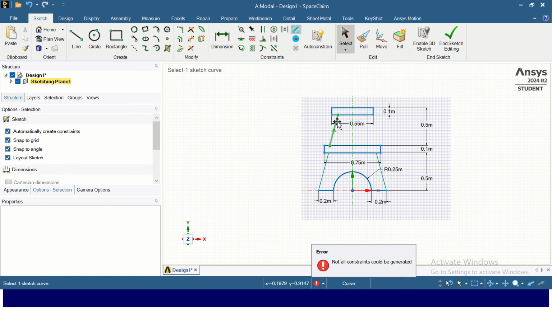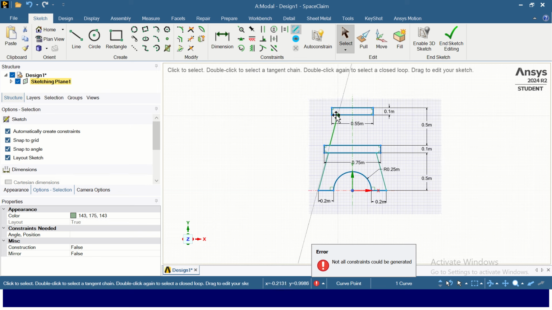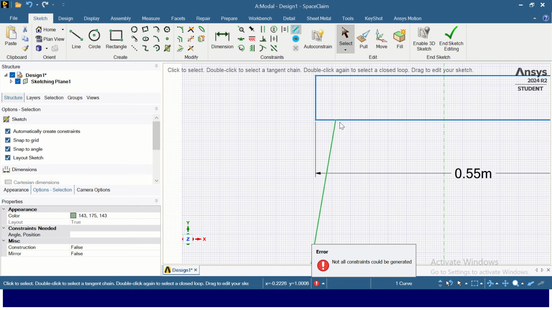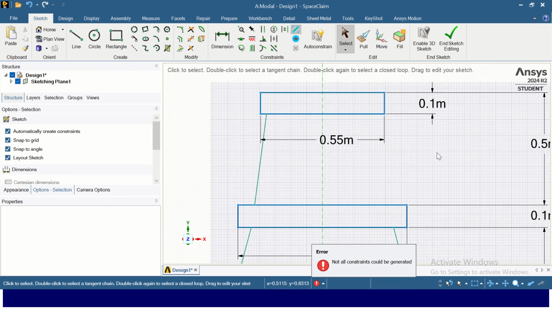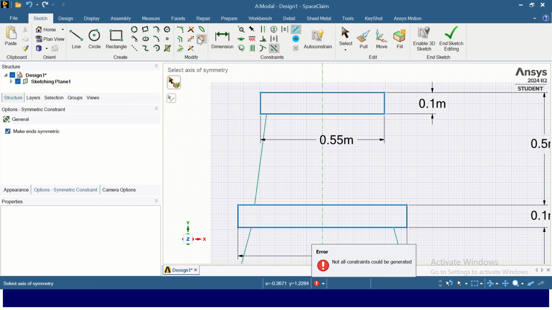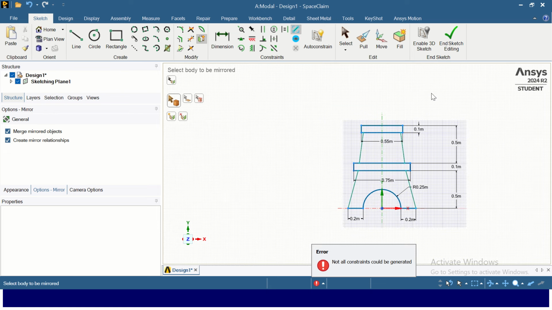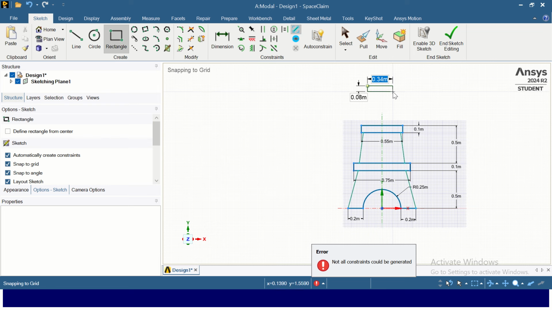Okay, we want it to be somewhat like this. Change some angle, zoom it here, go close to this, and yes, we want to change the angle, we can change the angle like this. Now use the mirror constraint here, mirror about this, what you want to mirror. Okay, now we'll get the third rectangle,